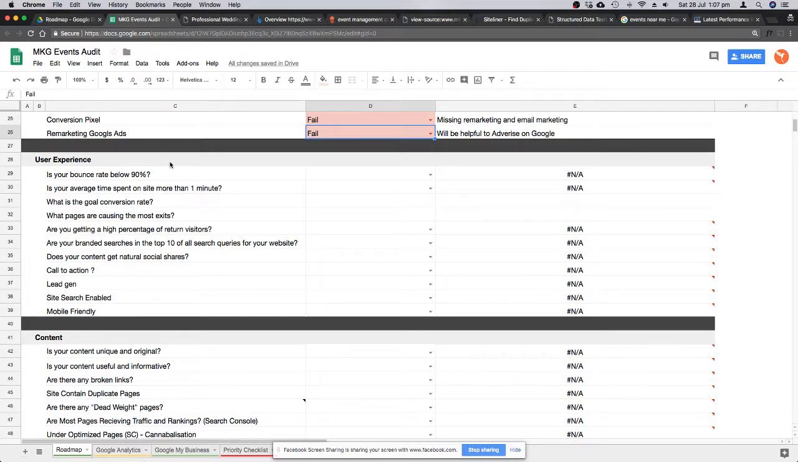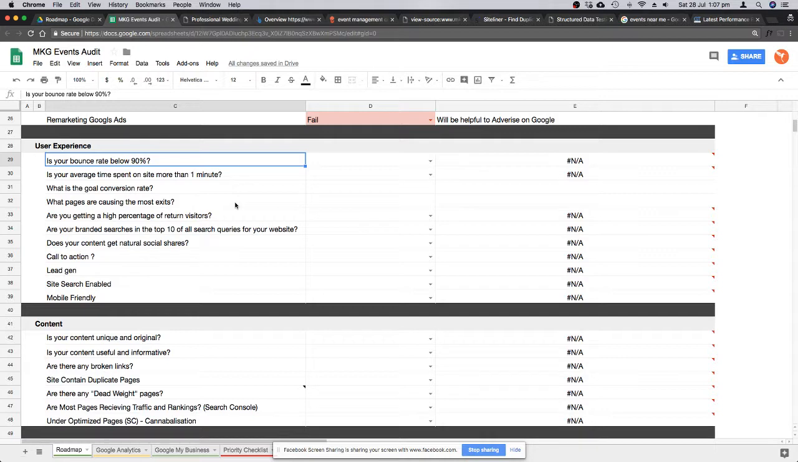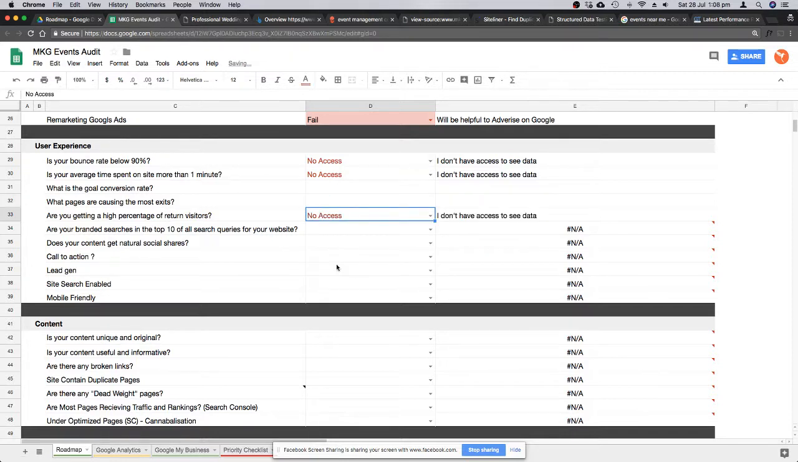Okay, let's get into the data. Is your bounce rate below 90%? For this kind of data, I need access to your Google Analytics. Since I don't have access, I can't check. Same with that one, no access to the data. Conversion rate, no access on that one either. Returning visitors, no access on that one. Those kinds of data you can see from Google Search Console and Google Analytics. You can check new visitors and